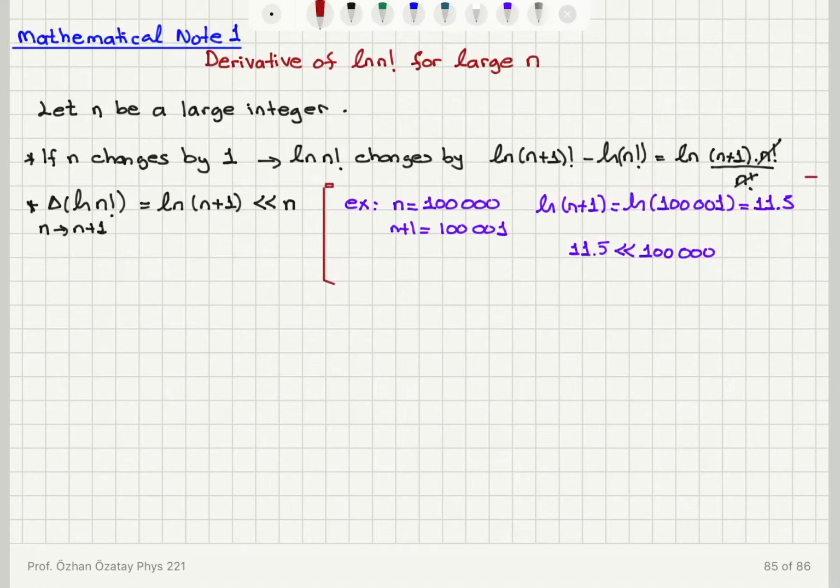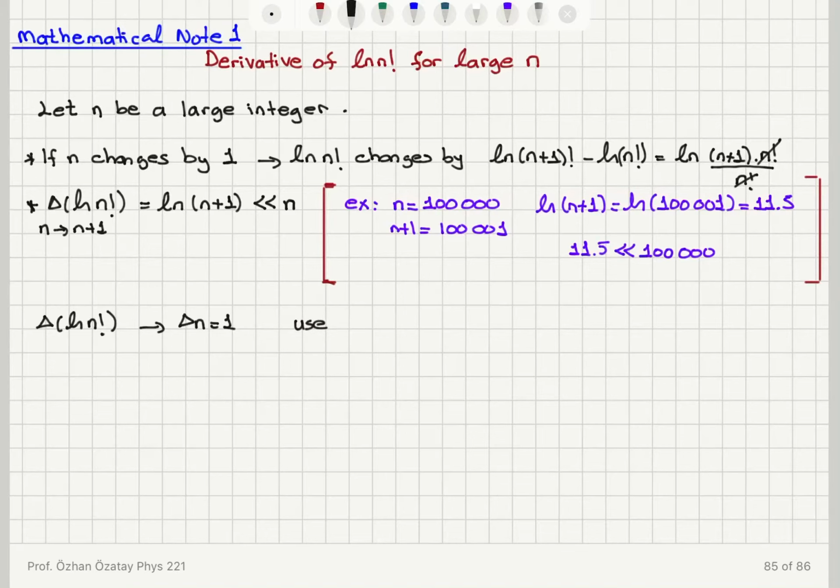Indeed, I have natural logarithm of n plus 1 is much less than n, for n being a large value. So this is always going to be true. Okay, so I have basically achieved here a change in the value of natural logarithm of n factorial by changing the value of n by 1. So what I want to get from here is